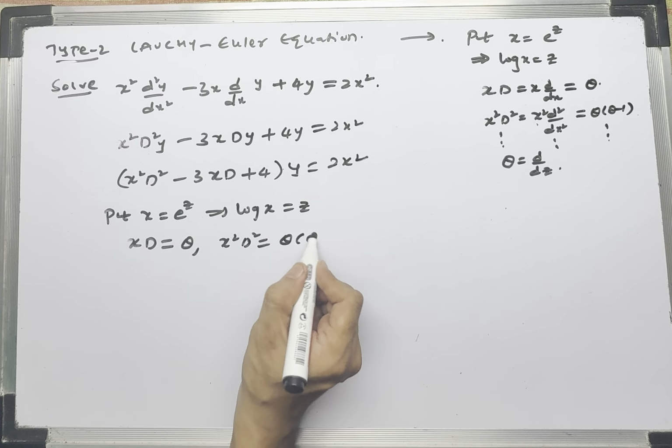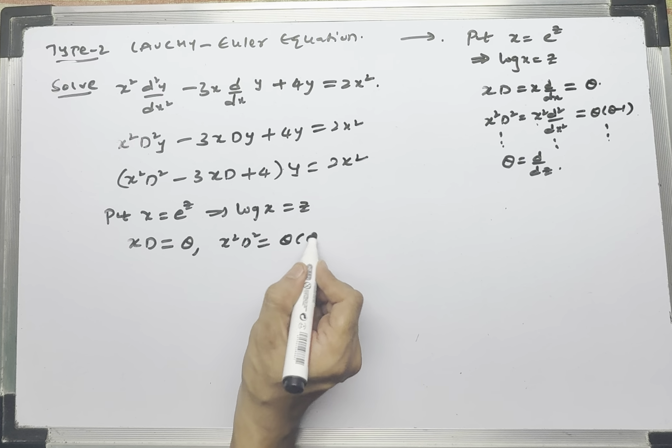So x square d square, this one so on. First we will take x equals e power z, and after applying log, this becomes log x equals z. After that, x square d square is theta into theta minus 1, xd is equal to theta. By substituting all those values, this becomes